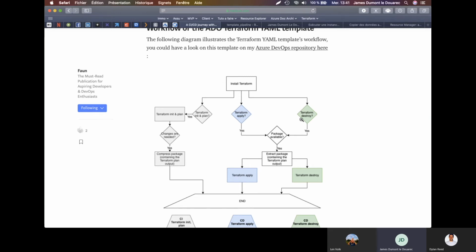And then about the Terraform apply and destroy commands, they are quite the same. They need the artifact.